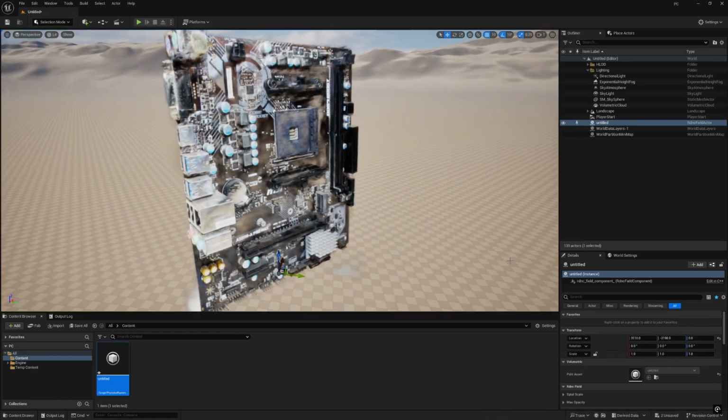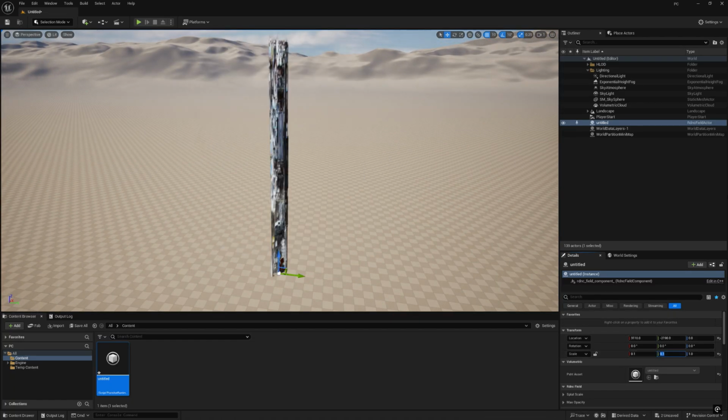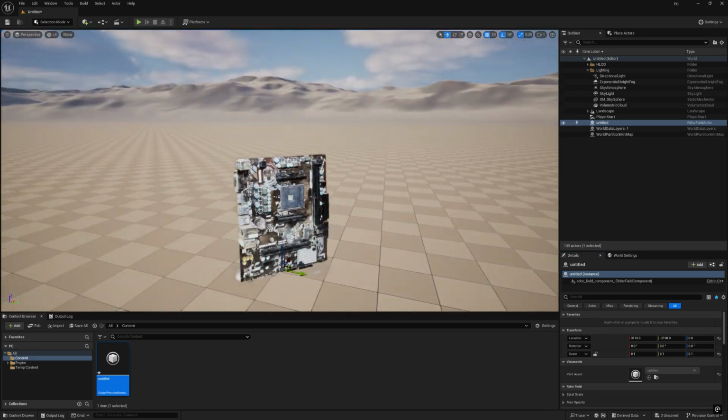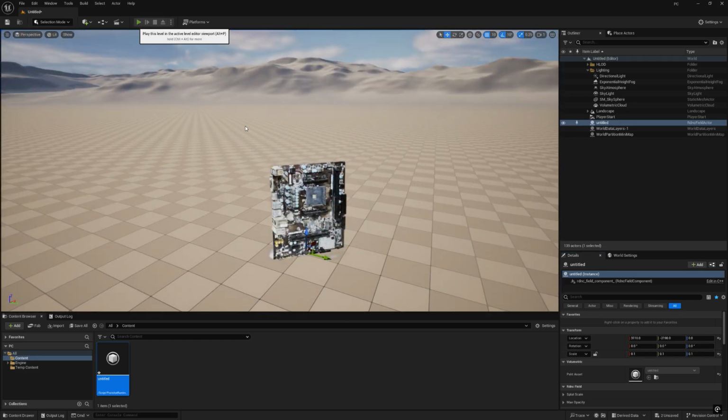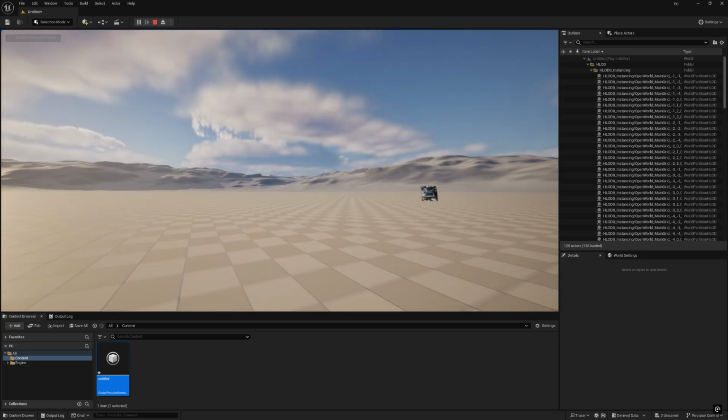like in the game. We will probably then want to scale it down so it's a suitable size for our game, as it could be overly large sometimes. We can then hit play and look at the final version of our